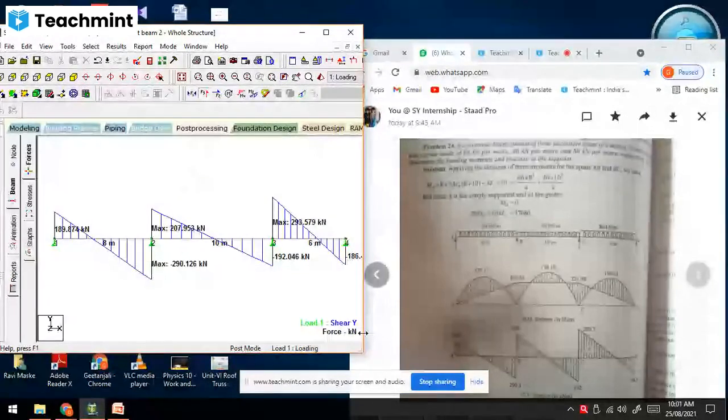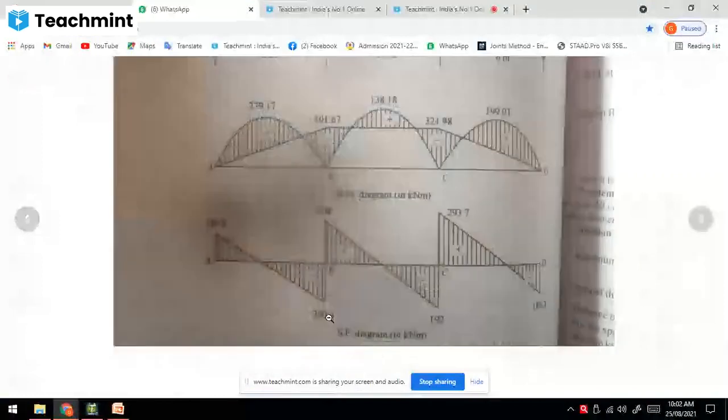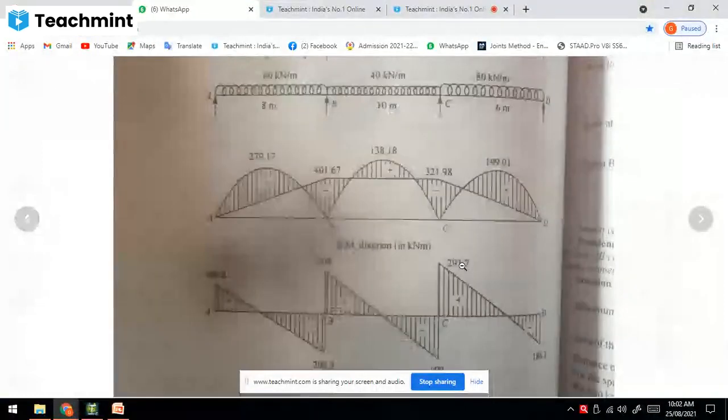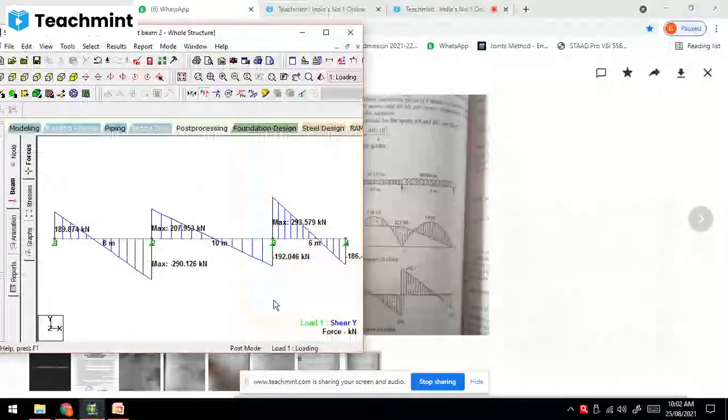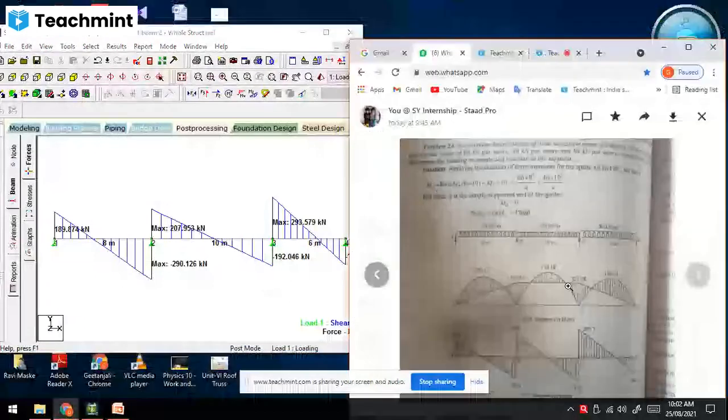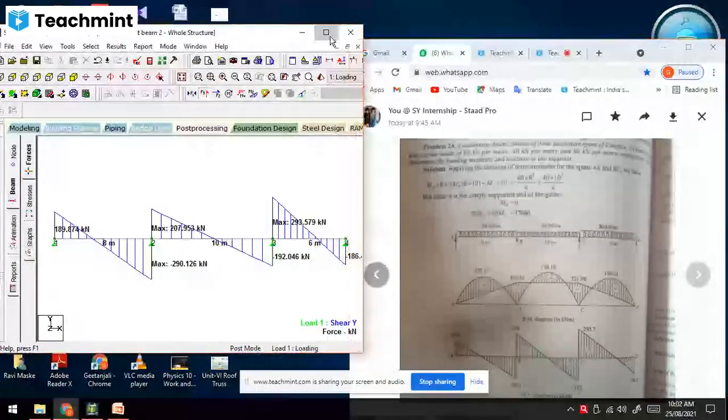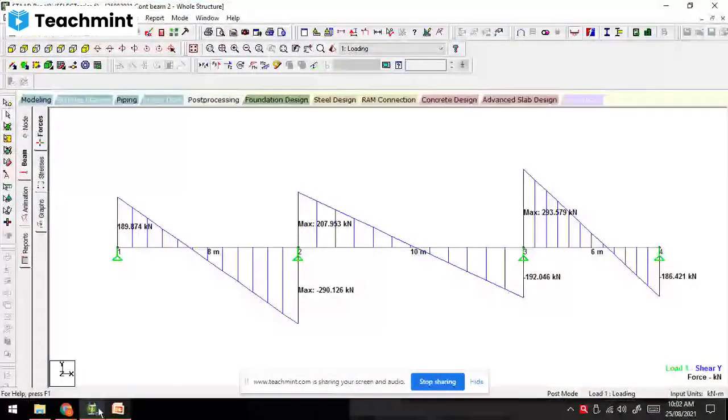You can see the values: 189 towards the left support, then 290 at bottom, 207 at the top, then 192 at bottom. 208, 192, 273, 293, sorry. So you can see here 293, 192, okay. Then 290, 208 or 207. So we get accurate values with accurate nature also.